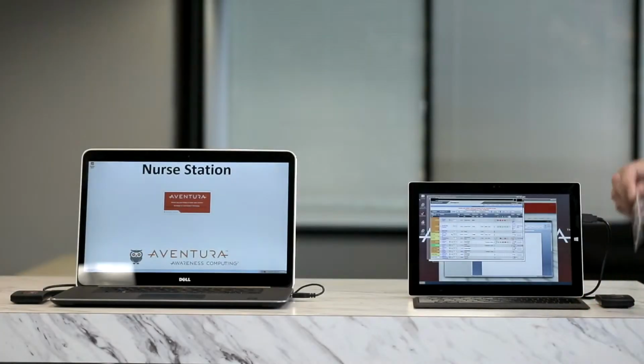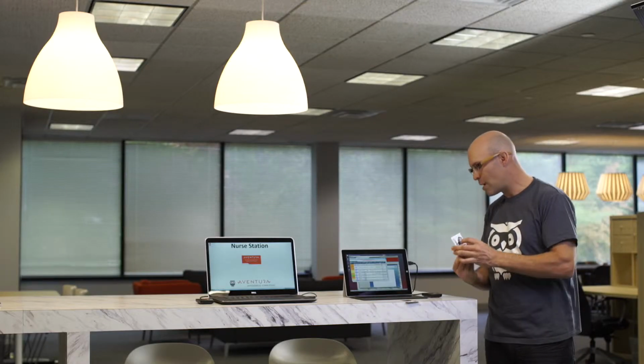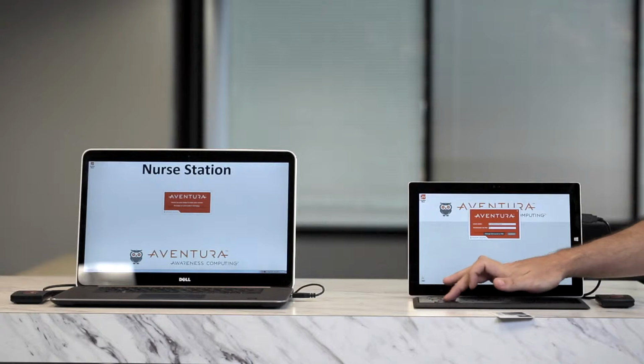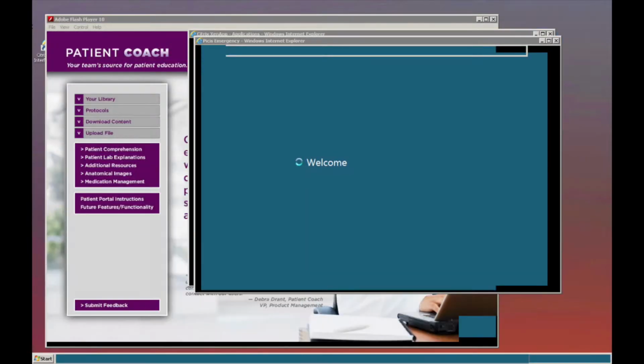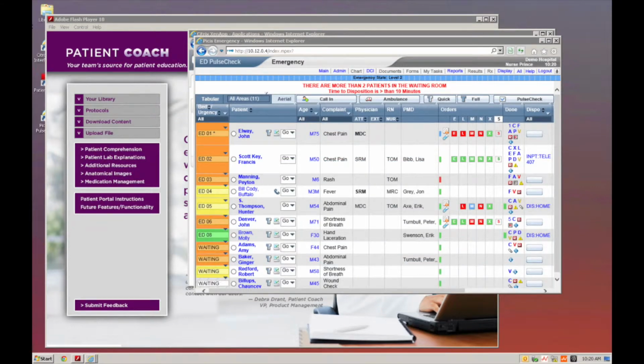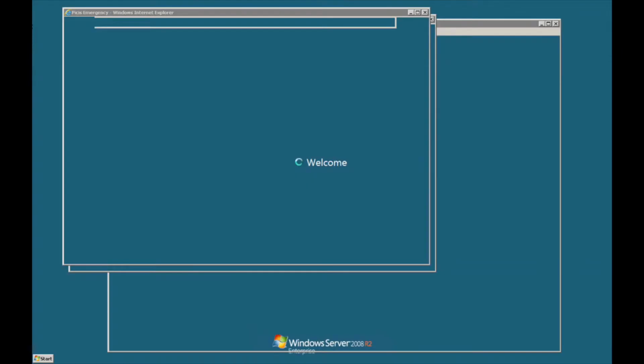But let's say that the nurse wasn't quite done working yet. The nurse can tap right back over the doctor and get right back into their session with their applications, looking at the information that's appropriate for them. Let's say the doctor needed to get back in and order some medications. The doctor can tap right back over the nurse, get back into their EMR, order the medications they needed for